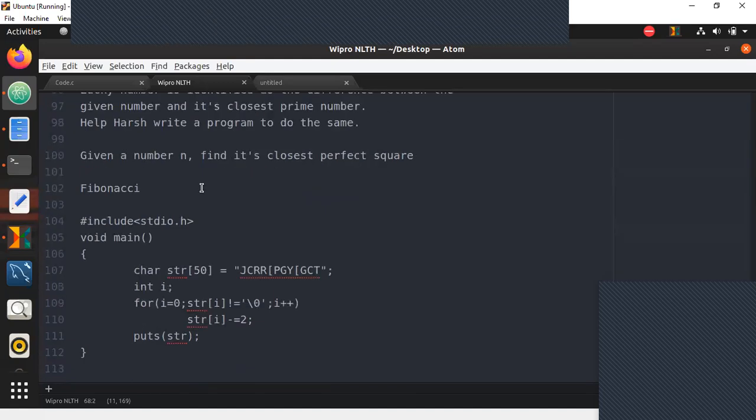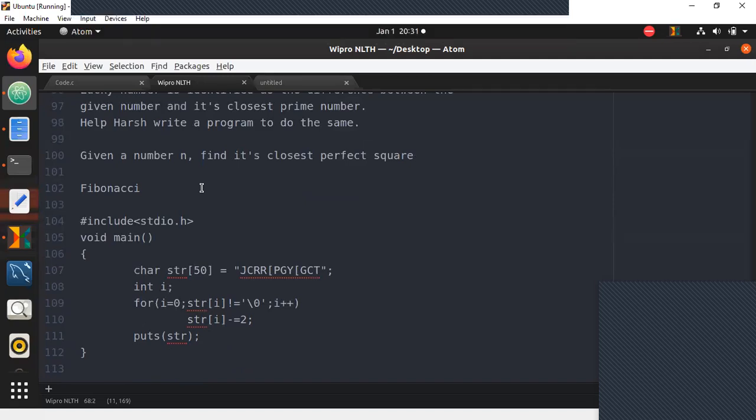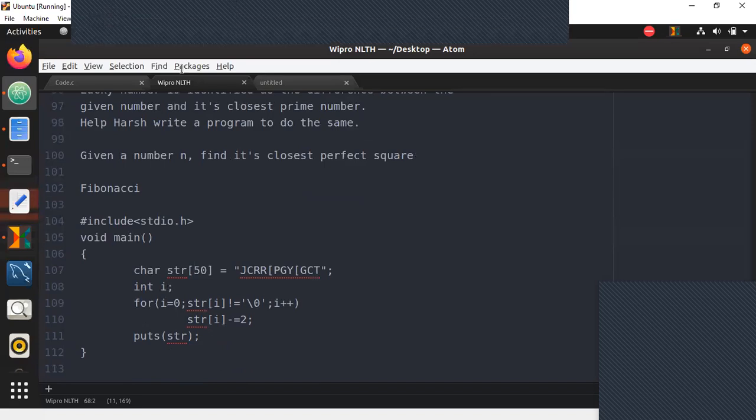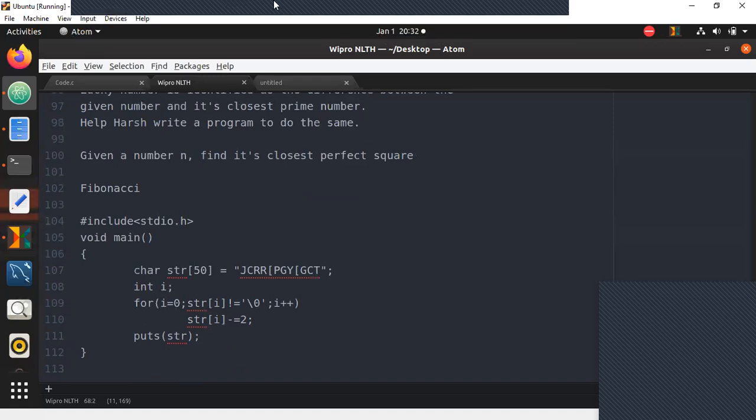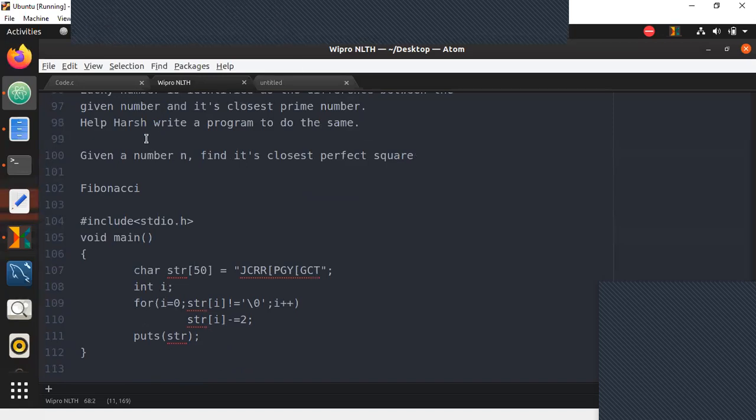We'll now look at a program which combines the concept of prime numbers as well as the concept of Fibonacci series. To solve this program, I will be using C++ instead of C.